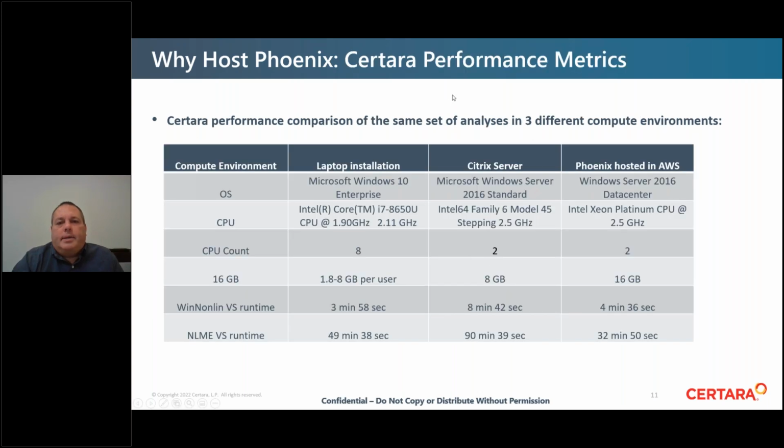Okay. An additional observation we made as we were considering offering Phoenix as a hosted service was we collected some performance metrics. So I've got 3 different environments that I'm showing in this table here. And in each of these 3 environments, the same operation was performed. And essentially what that was to run the validation suite, all of the tests through it to completion. So just a summary of some of these